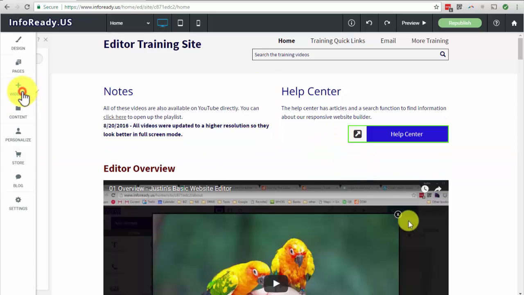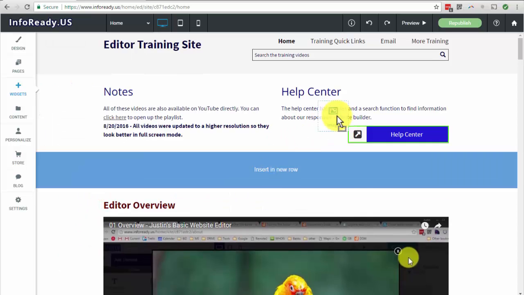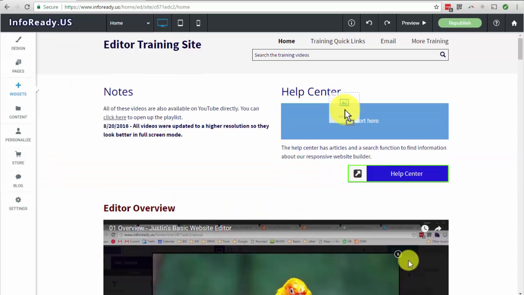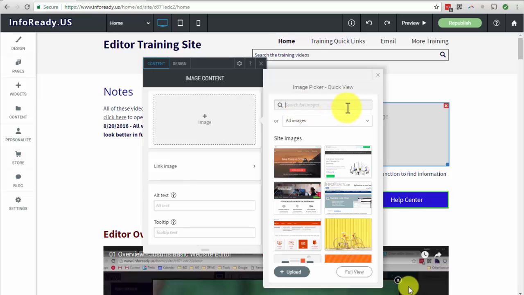You can click on the widget, and one of the first popular ones is the image. You could also search for it, and then you drag this over to where you want it to be. Say we want to put an image here, for example. Now, in the images, you can search for images, which will show you images that you've either uploaded or from the old site,